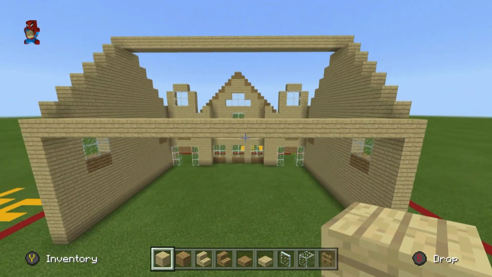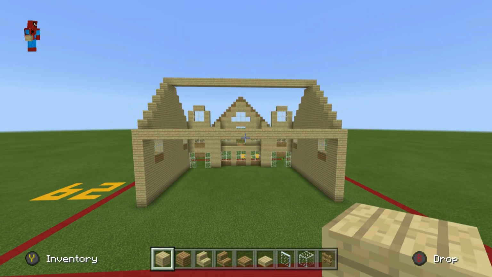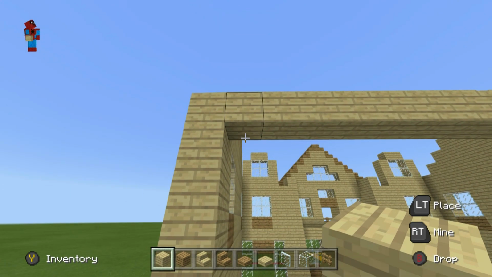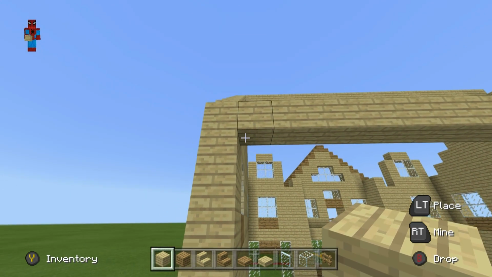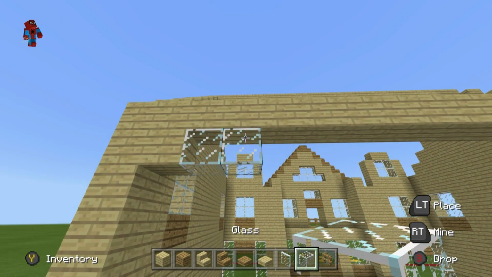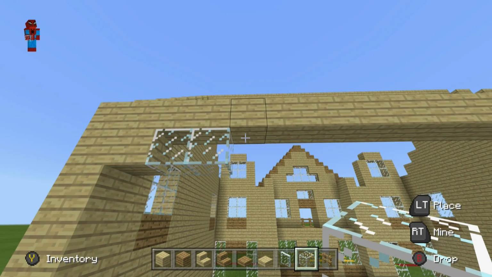Just going to connect it together left and right. Then, I want you to place underneath this row of birchwood planks this level of blocks. I want you to place a birchwood, and then 2 glass blocks. And then I want you to place...